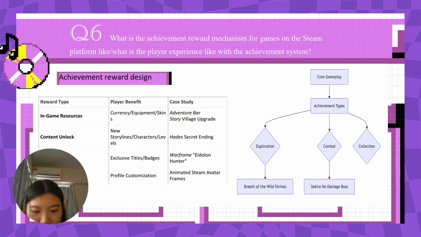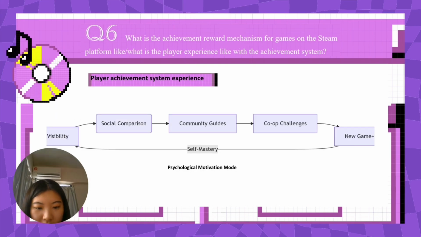It integrates exploration and combines other tasks into the core gameplay, and the moment you complete an achievement, you feel a burst of accomplishment. You can also show your progress in your personal profile, compete with your friends, share strategies in the community, and challenge others. Just like the multi-difficulty clear achievements of Sekiro: Shadows Die Twice, it constantly inspires players to break through themselves. The Steam achievement system makes every game journey full of surprises and challenges.